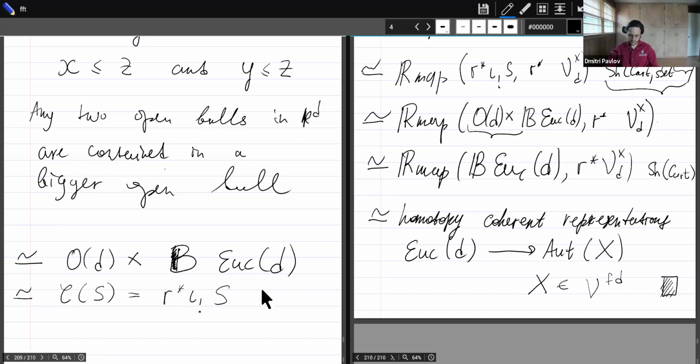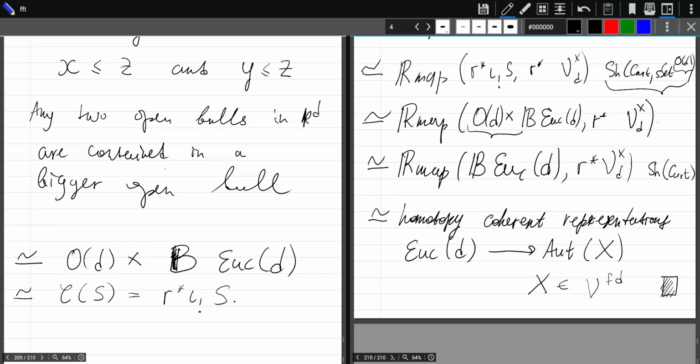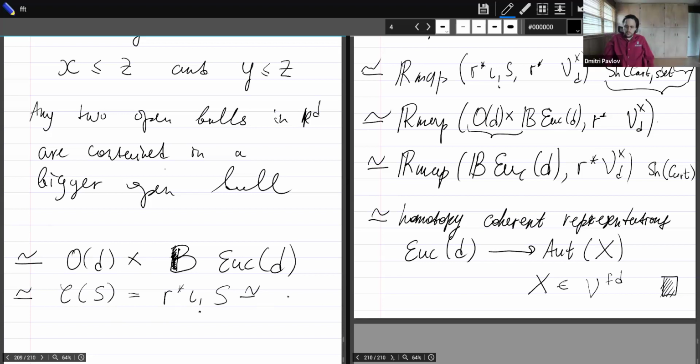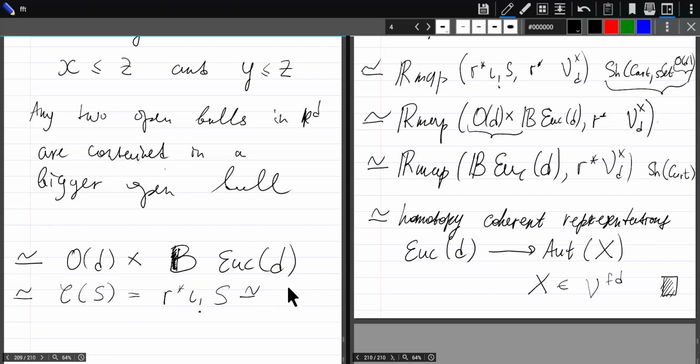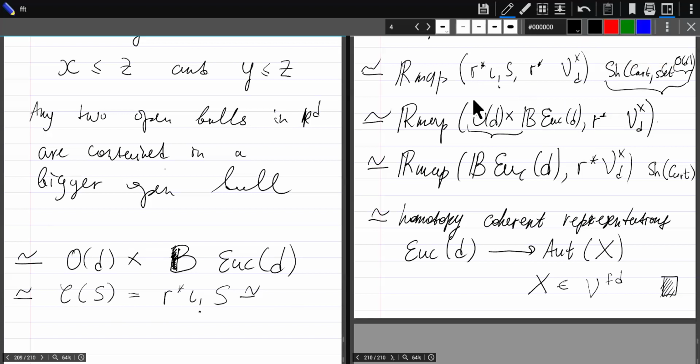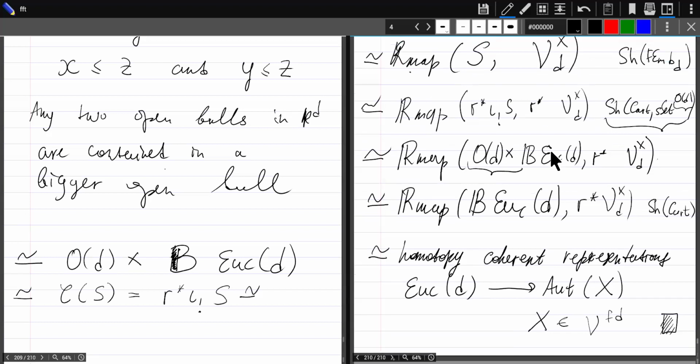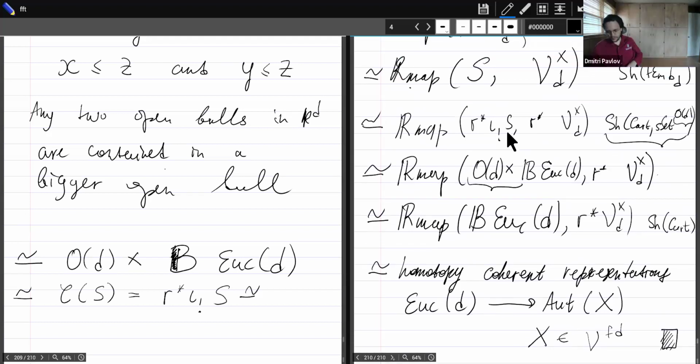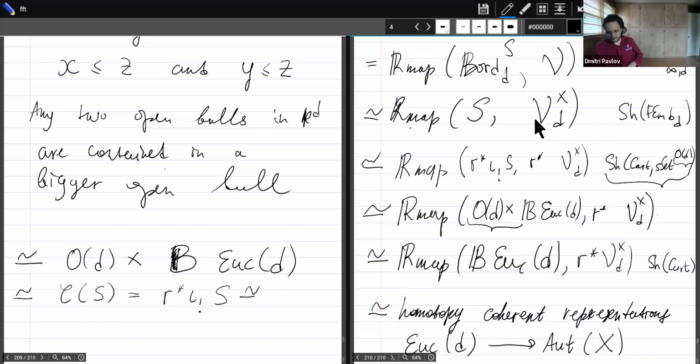So R star iota shriek S. Yes, but we have equivalence with the derived map between S and V D. So this term is equivalent to this term, right? I mean the equivalence above. Oh, I see. Well, here,